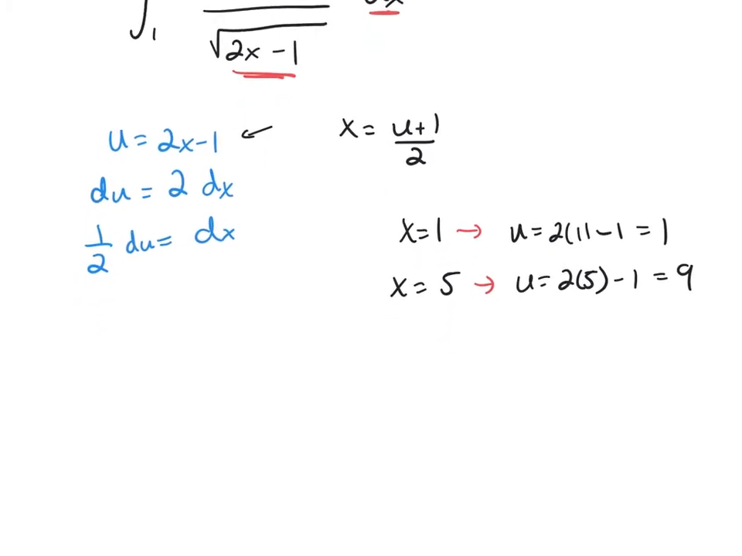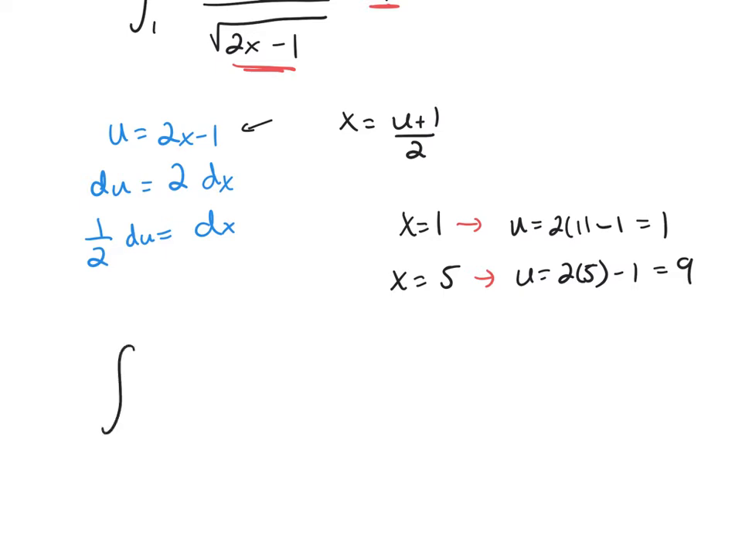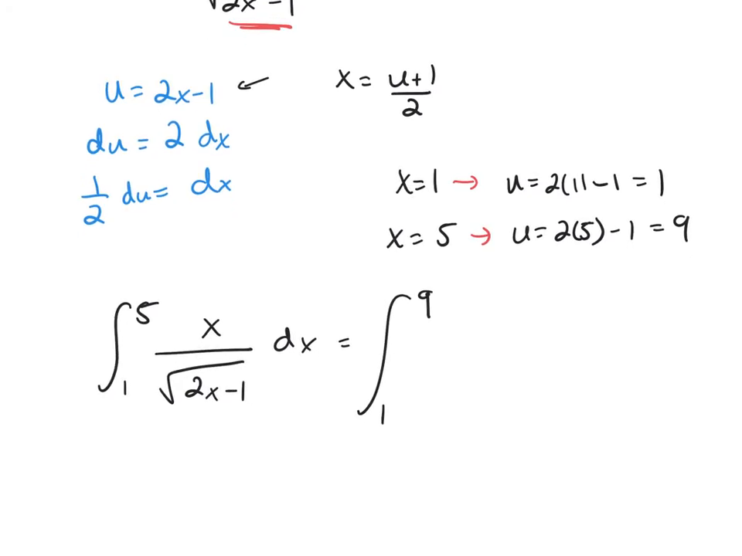All right, so we're ready now. We've done everything we need to switch over and do our substitution. So the first thing is my bounds change, 1 to 9 are my new bounds. In place of x, you're going to use u plus 1 over 2. And then in place of this denominator, you're going to have 1 over the square root of u. And finally, in place of dx, you get a 1/2